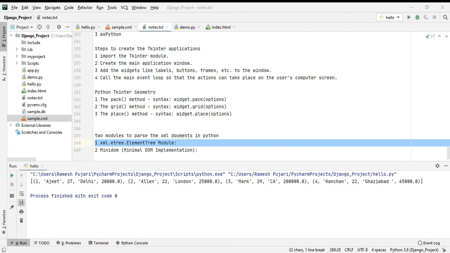By using the parse method, we can access the XML document in the Python module. We have two ways to parse the file in the XML ElementTree module. By using the parse method we can access the XML format, which means we can convert the element structure into the XML format.